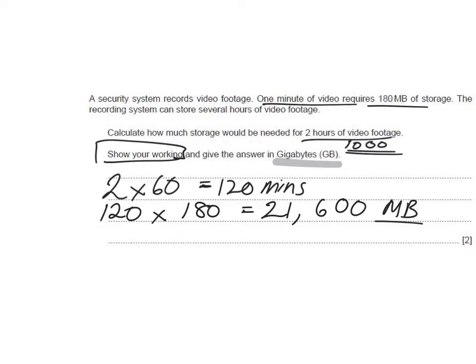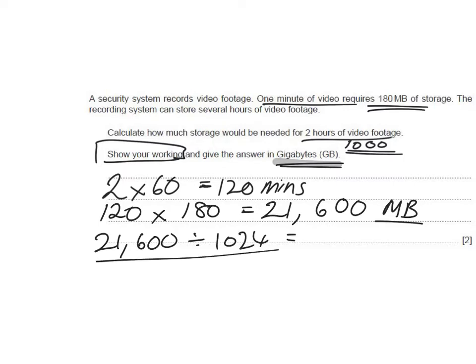megabytes. Now we want our answer in gigabytes here. Now this is where it can be tricky. Now if you're a great mathematician, many of you guys probably are, you could take 21,600 and divide it by 1024 and you wouldn't be wrong. It would take me a long time to sit and do the long division on that. What you can do is you could estimate it